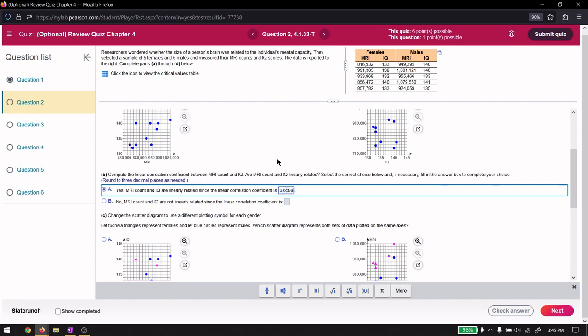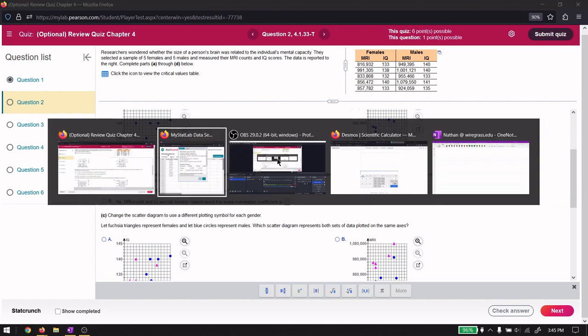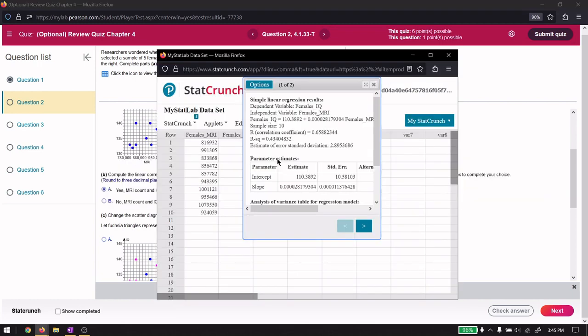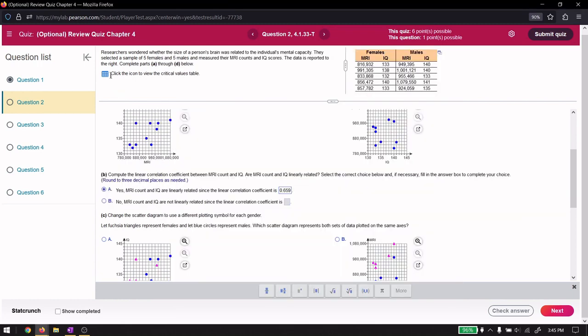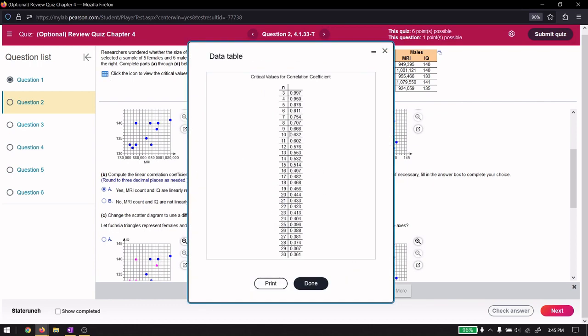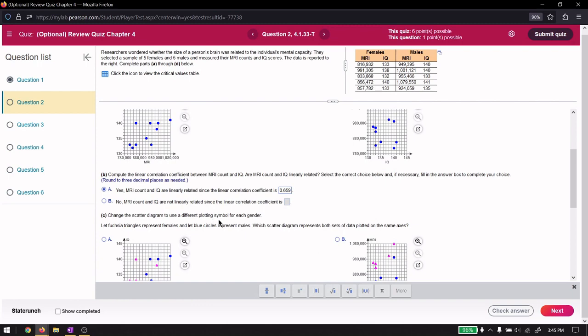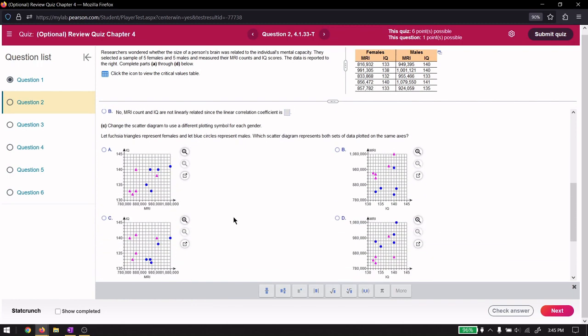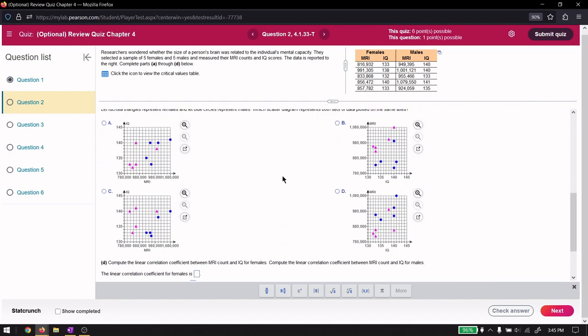You wanted 3 places, so it should be 659. Yep, 659. And once again, that is greater than the critical value of 632. Okay, now we're going to split it up over gender. And to do that, what I can do,